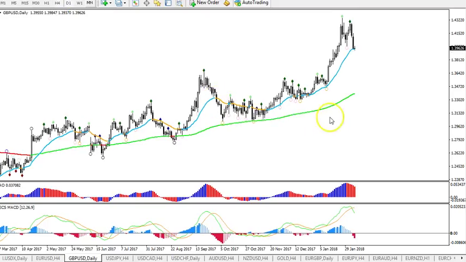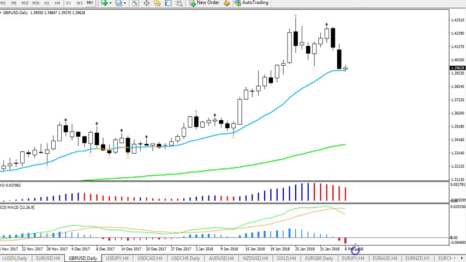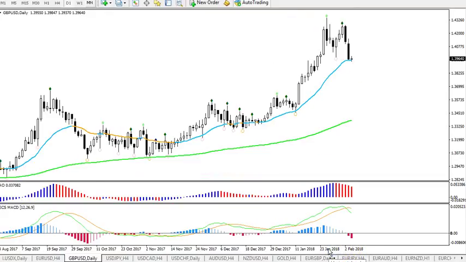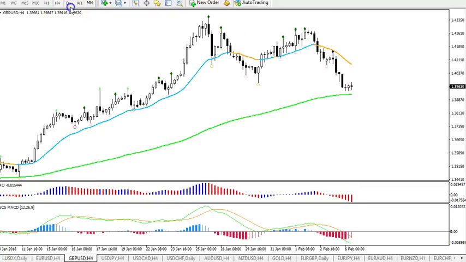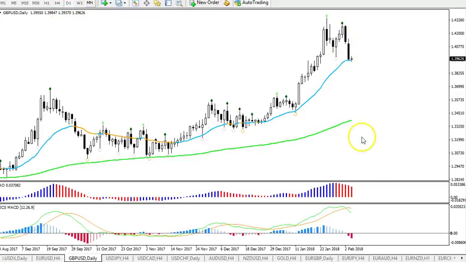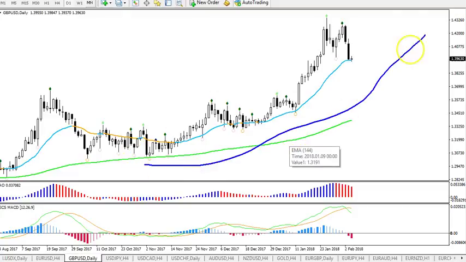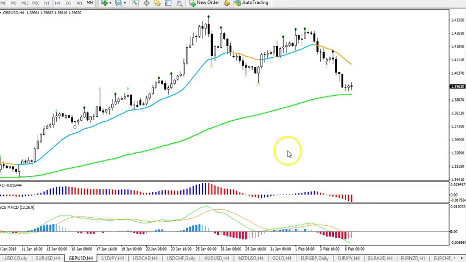For the moment, though, I think that this is higher highs, higher lows. Okay, we had one lower high here, maybe a lower low here. We also have pretty strong bearish candles, so we've got to be careful of that too. So it is at a key zone, right? Is price going to bounce at this short-term moving average on the daily chart, long-term moving average on the 4-hour chart, or are we going to see a continuation of that momentum? For the moment, I still think that this is an uptrend. I still think that this is probably a pullback,